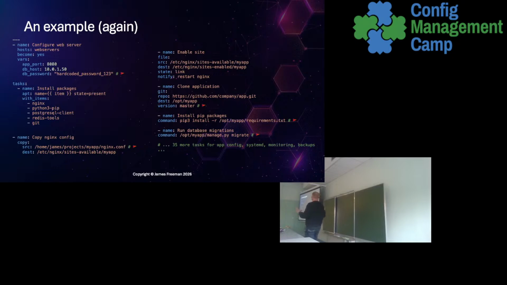What if this is, let's say, a development environment and then you want to deploy to production? We know that that port might change. That DB host IP is definitely going to change. And let's hope that the password is going to change and be stored somewhere better than in there. So does that mean you then have to take an entire copy of this playbook, so we're back to the copy and paste problem again, change those variables, rerun the playbook?